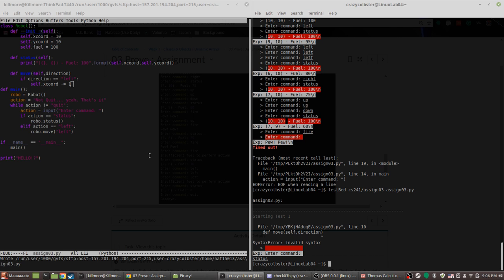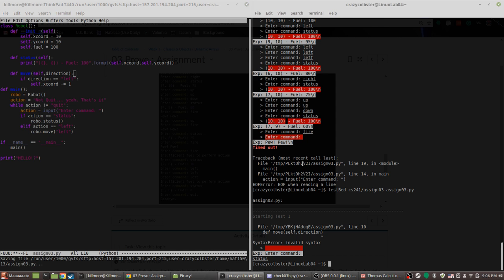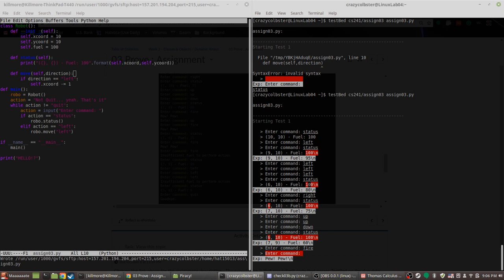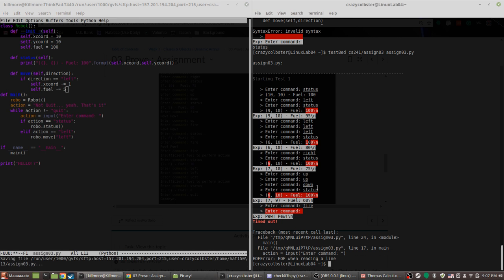Invalid syntax. Oh, fetch. I forgot my colon. That made more errors. Aha! Get a load of this! Self dot fuel minus equals 5. Ooh, every time I fix a problem, more errors pop up.